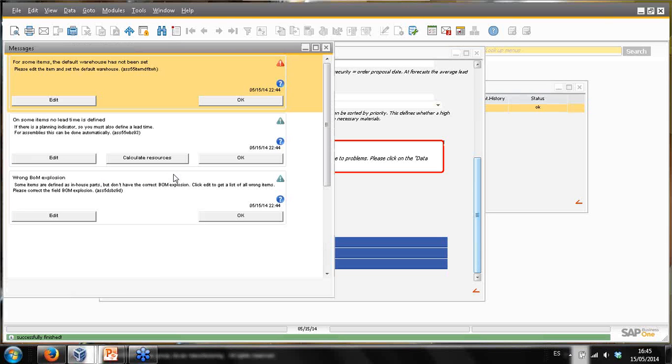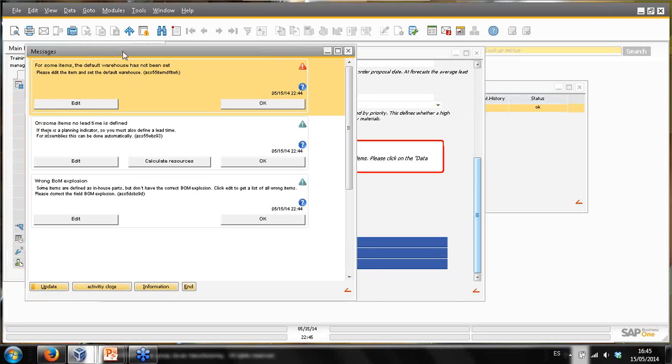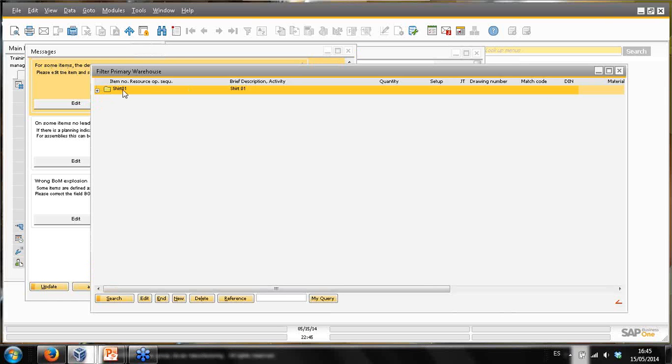This data check is performing now, and then we should see in some seconds the result of the data check. For support purposes, if you create a ticket in Beas and there is an error, not only for MRP, this is also related with many other things. For example, there is a message like, for some items, the default warehouse has not been set. And this is quite important. If I click here in Edit, then the system is able to show you, oh, okay, this item had no default warehouse marked. So you should go. If I do double click here,